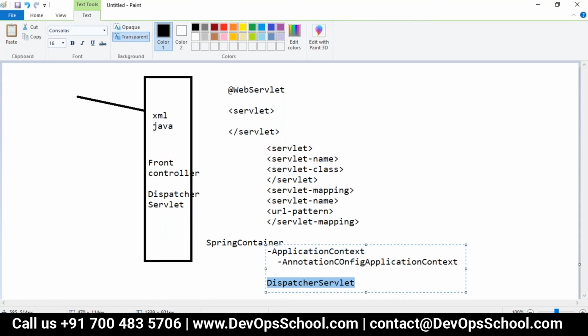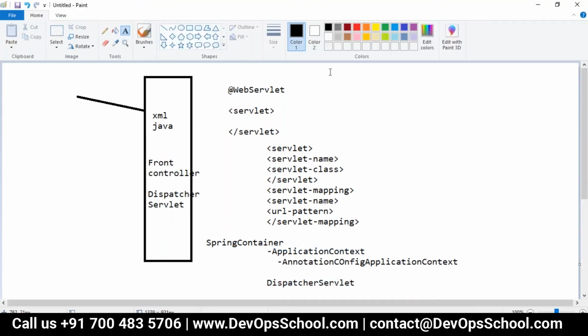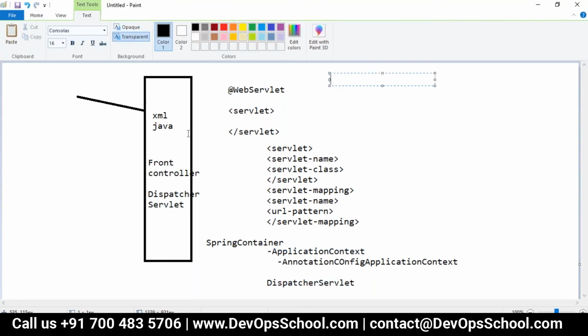For that, we have a class. We want to do the initialization, either go with the XML way, or the Java way. This is the XML configuration.